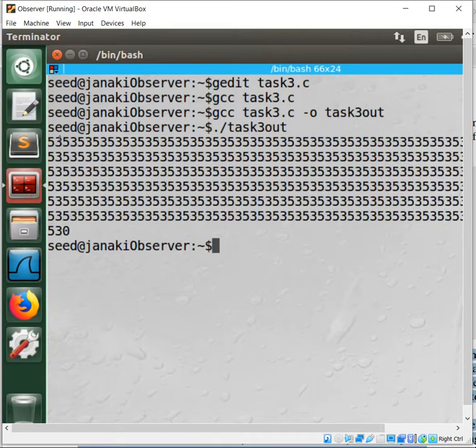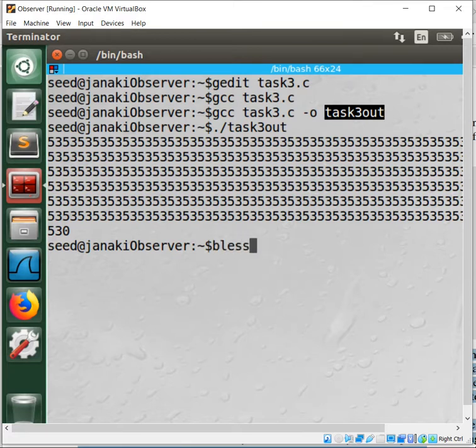53 is nothing but the hexadecimal value of the character which I stored. What character did I store? I stored S. The last value, I have given 199 only, and the last value is filled with 0. So no problem, this is the printout. Now I have to open this task3.out in the Bless editor, and I would like to see what the contents are and where I can change the content.